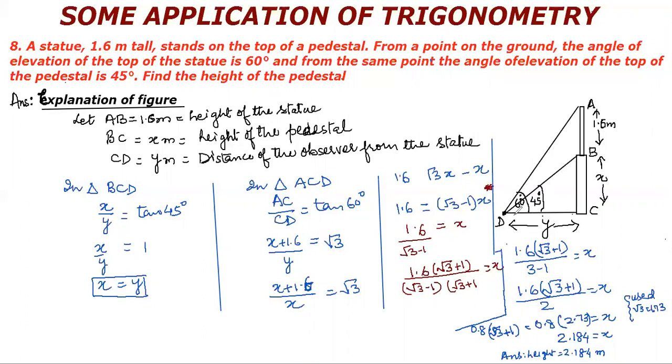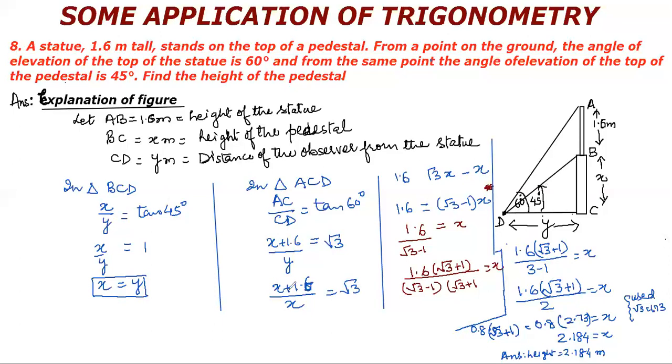The straight vision is this. This is the straight vision, and he has uplifted his eyes from here till here. So this is the angle of elevation. And when he is observing the top of the pedestal, the straight vision is this line, the line on the ground will be considered as the line of straight vision. How much has he uplifted his eye? This much. So this angle is 45 degree.